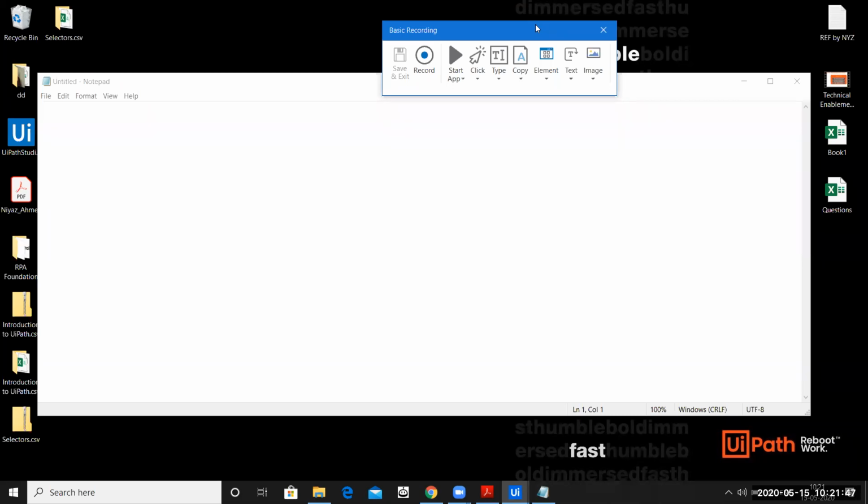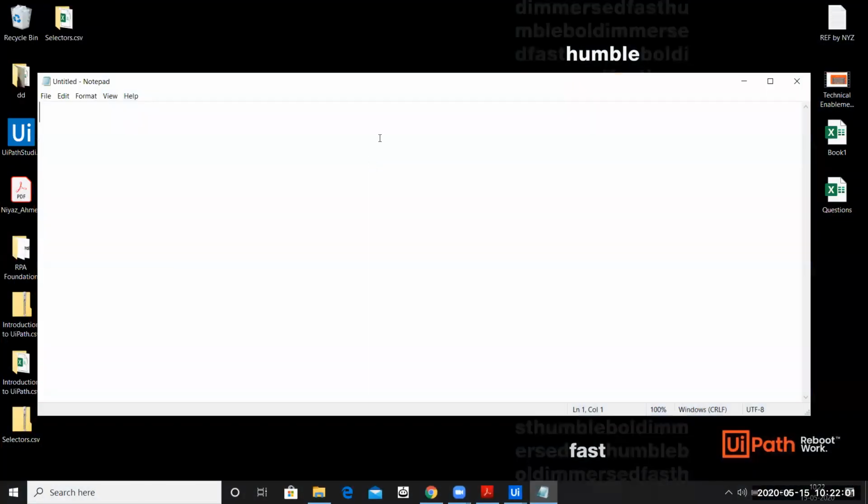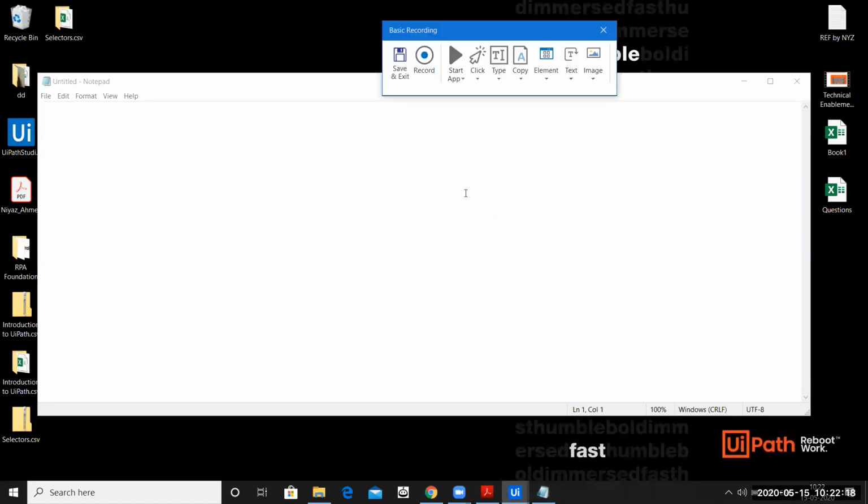Now, if you remember the Notepad application, our very first step was to open up the Notepad application. So if I click on start, I have an option called start application. I'll do start, and then I have to point out on the screen which application I need to start. Obviously, I need to start the Notepad. There you go. So this is my first step that has been recorded. Now, for confirmation, it will ask you, is this the application that you want to open up? Notepad exe, yes, I want to open this. Argument, we will skip as of now, we're not interested in it. I'll say okay. If you see over here, now this button has become live, that is save and exit. That means my recording has been started. So basically it has started recording the first step.